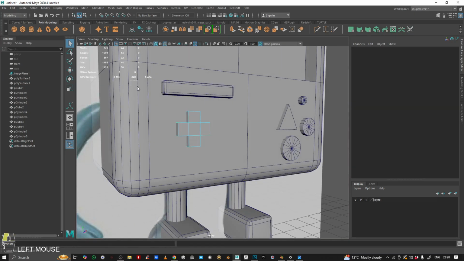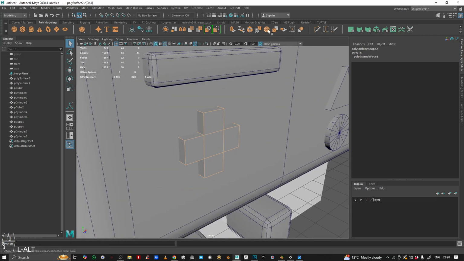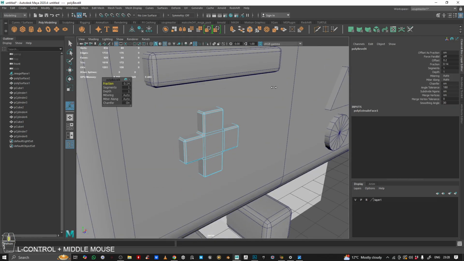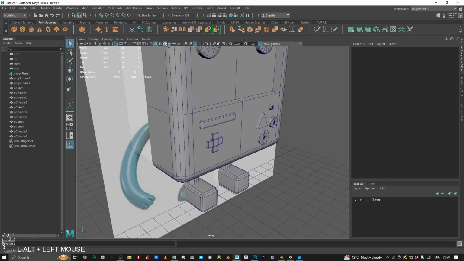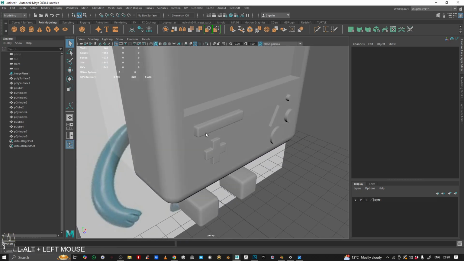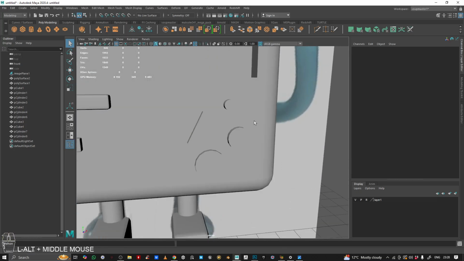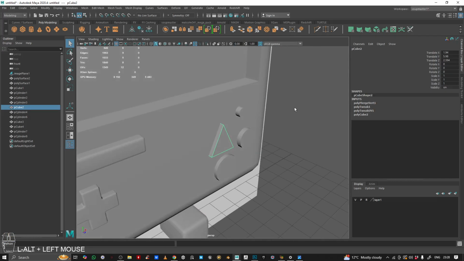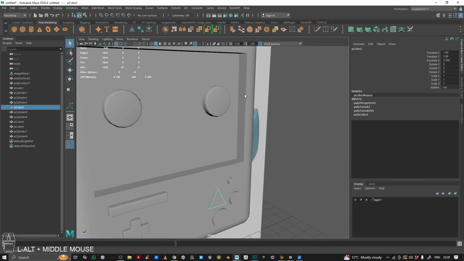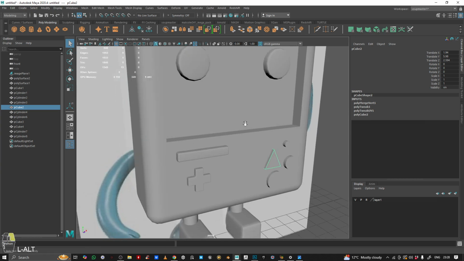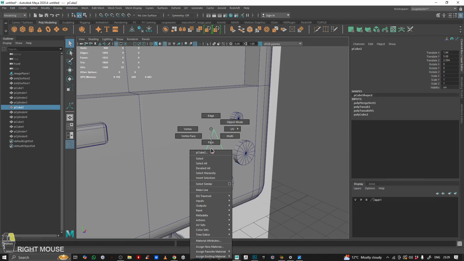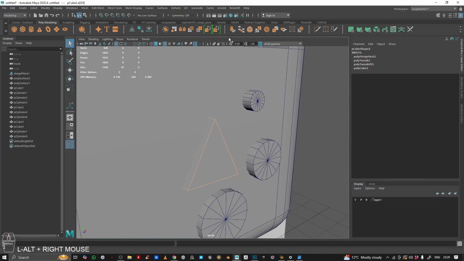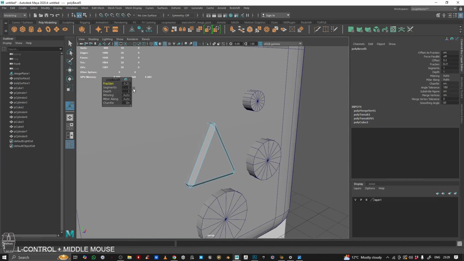So it's better. So again, I select everything, bevel, control middle mouse, segments 2, object mode, and also this one is done. So you see it's a bit better than this. This one looks a bit more round. And maybe in another video I will also show you how to do the other corners, but for now let's keep it like this. Same thing on this triangle, bevel, middle mouse, 2,